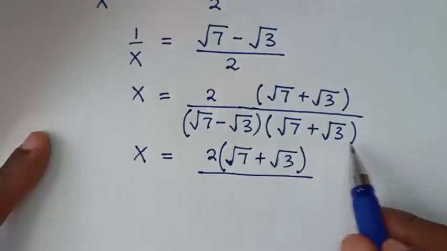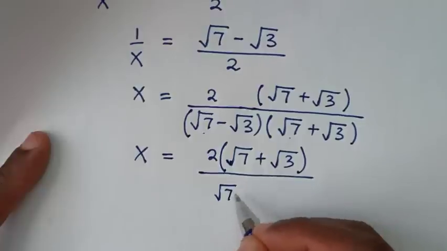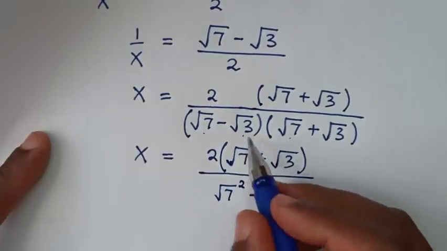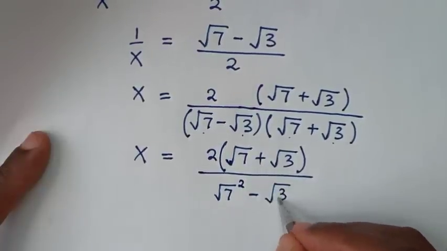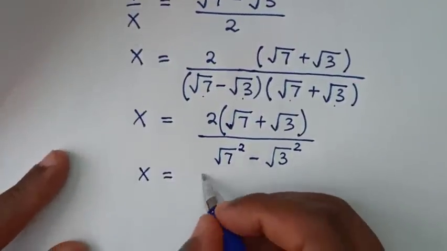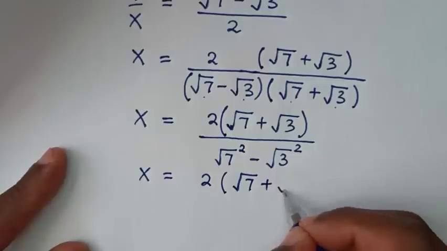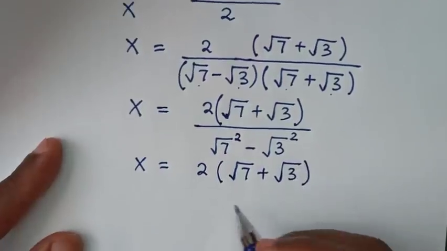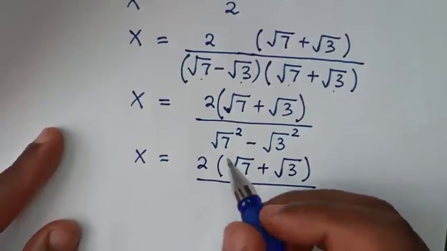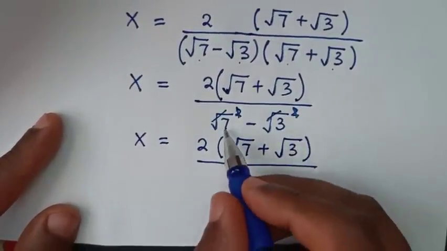This is in the form of a plus b times a minus b, so it will be square root of 7 square minus square root of 3 square. Then it will be x is equal to 2, then bracket square root of 7 plus square root of 3 bracket, then over here the square root will cancel the square, so it will be 7 minus 3,